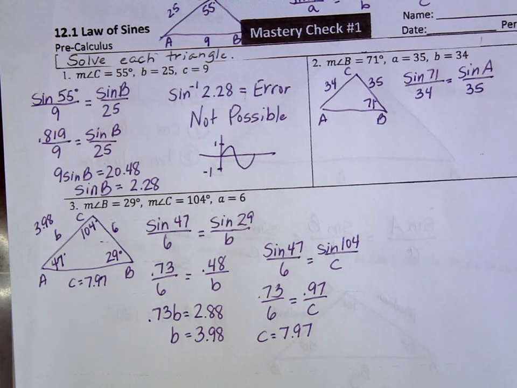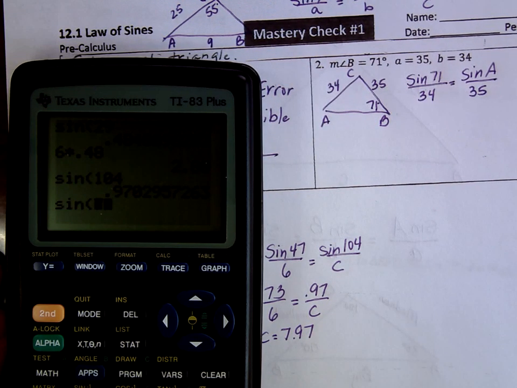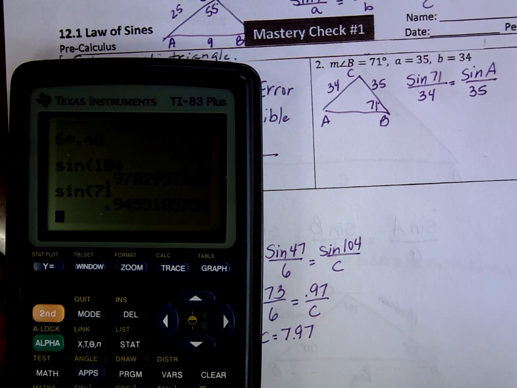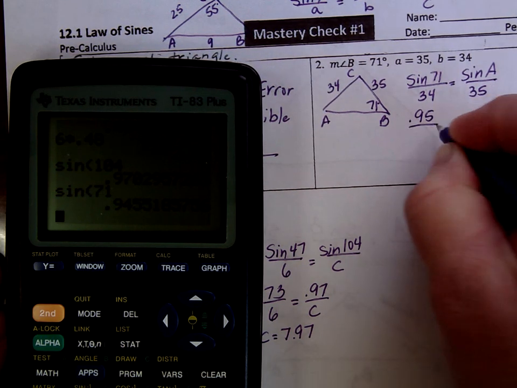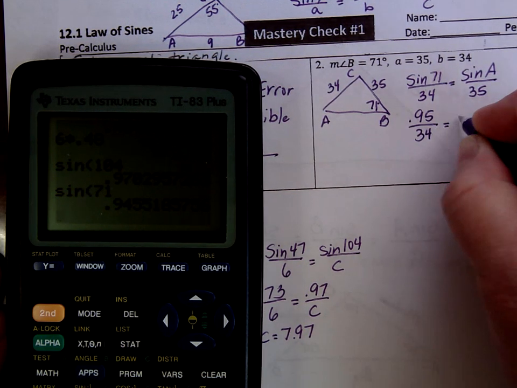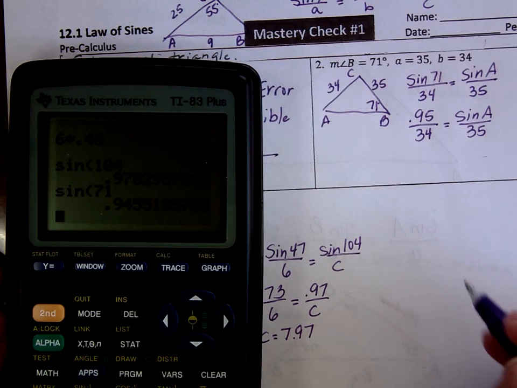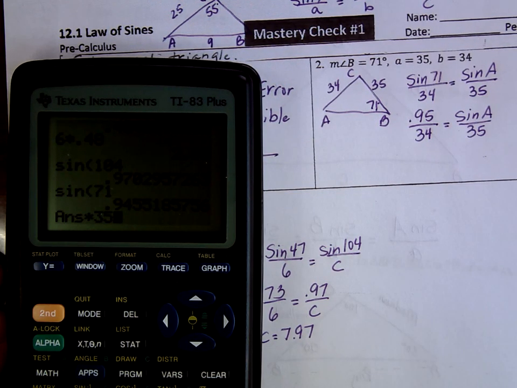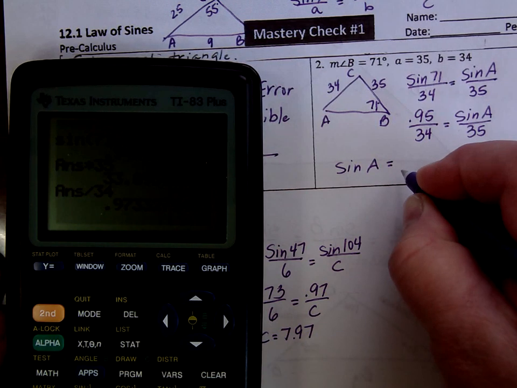So I go to my calculator and I say, all right, what is the sine of 71? And it tells me it is 0.95, we'll round it up, 0.95 over 34 equals the sine of a over 35. I'm going to cross multiply, so times that by 35, divide it by 34, gives me the sine of a equals 0.973,